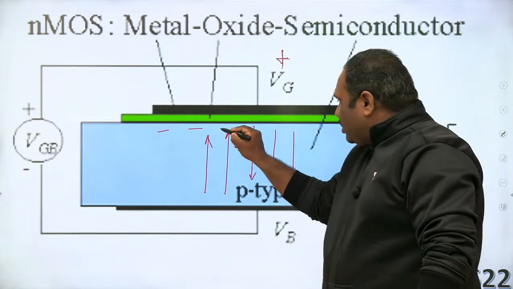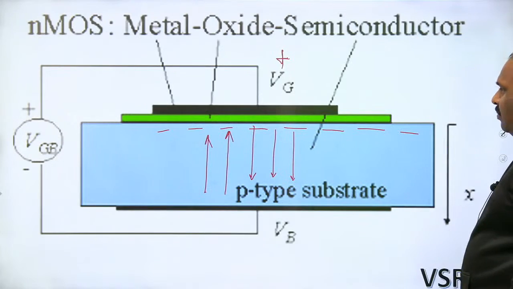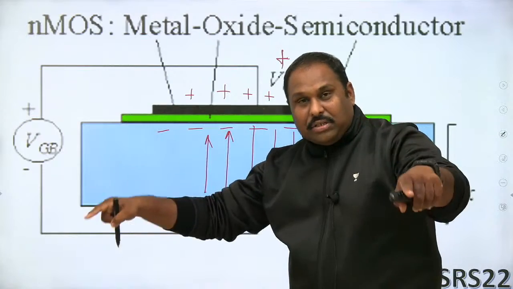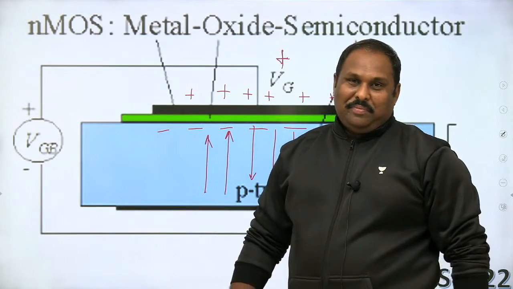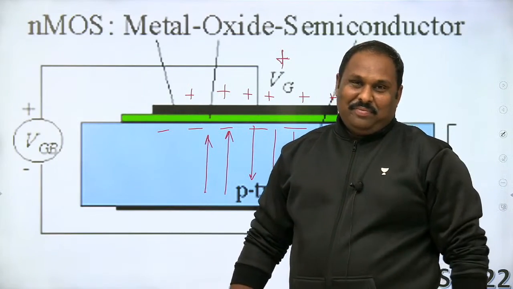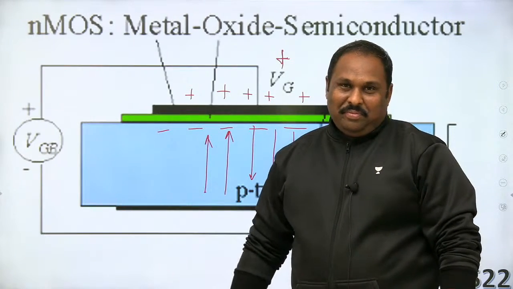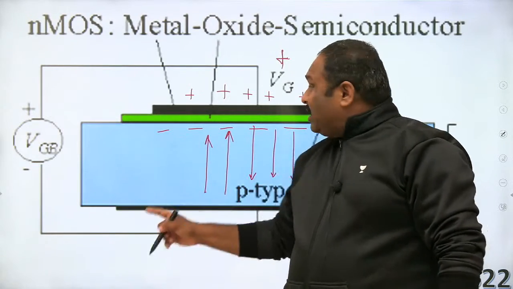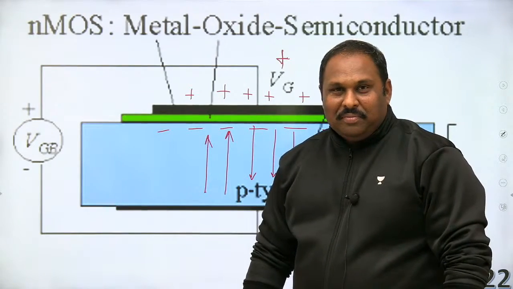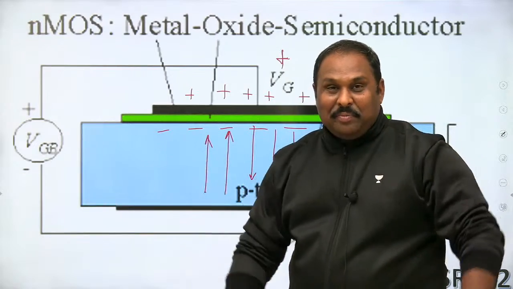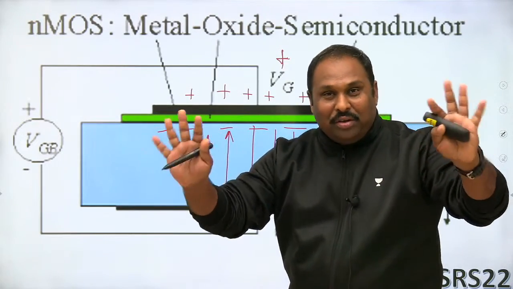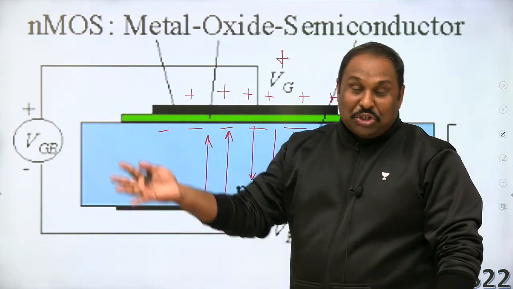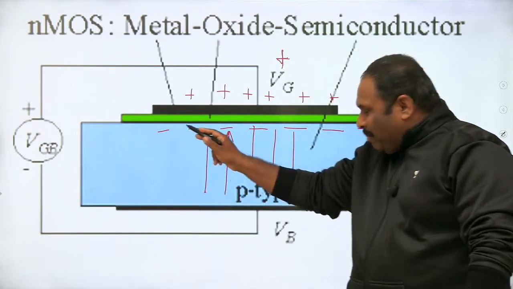So यहाँ पे minus, minus, minus, minus, minus, minus, minus. यहाँ पे plus. So now also this is a capacitor. अभी भी ये capacitor है. But inversion, उल्टा. Opposite to the substrate. Interesting thing क्या है? The most interesting thing is, it needs a large positive voltage, something greater than flat band, greater than the threshold. मतलब फ्लैट बैंड को ओवरकम करना है, थ्रेशोल्ड को भी ओवरकम करना है, then you get minus.